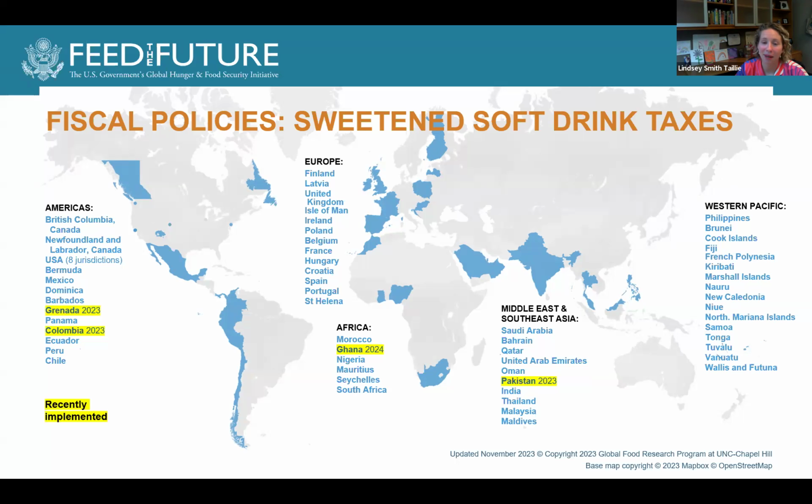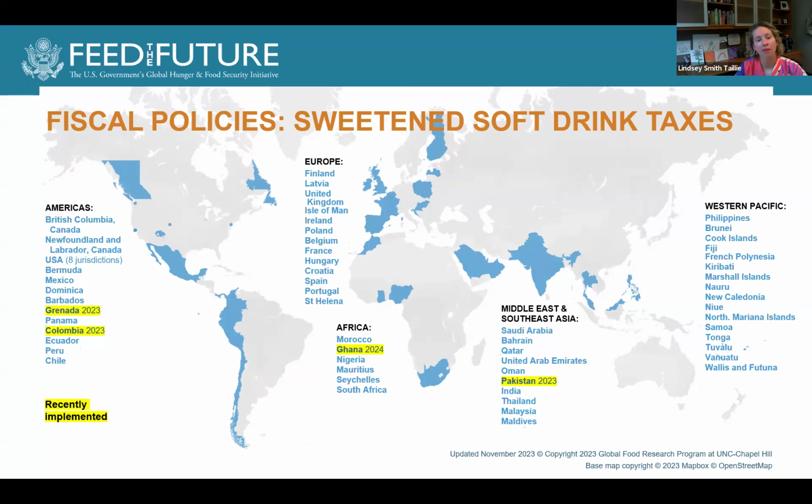Many countries implement this policy because they have a budget deficit and they need revenue. But what we see in pretty much all of the countries where a sizable sugary drinks tax has been implemented is that these taxes do lead to reductions in sugary drinks, which is really important for health since we know that sugary drinks are a leading contributor to dental caries, weight gain, and cardiometabolic risk.